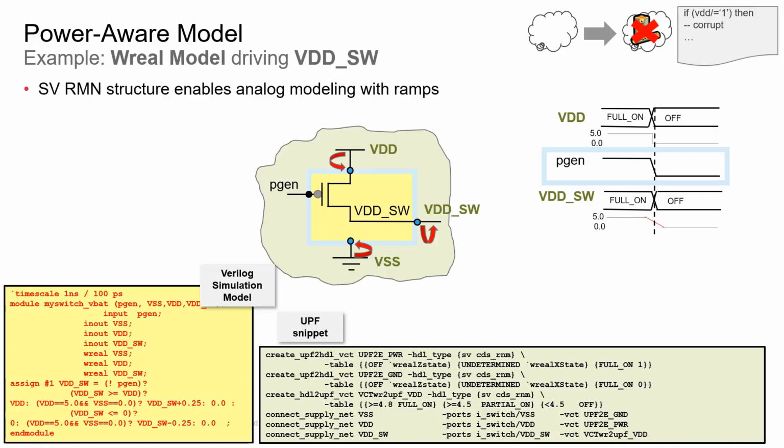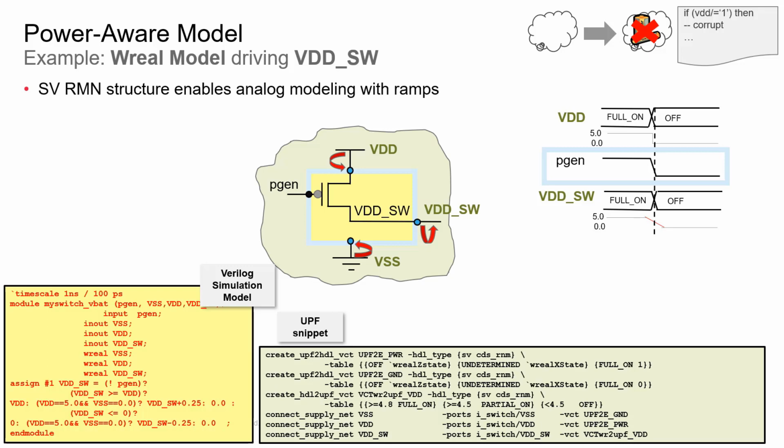So if I come back to my example, I still want to apply my switch in real number modeling. Here, this is really a basic example where I've just modeled a slope in both directions. I will create the couple of VCT tables, as you can see. I've got my power to map from a VDD to the VDD of the analog block. I've got the supply to move, the VCT to move from my ground to the ground pin of my analog block. And same thing for the VDD in the other sense, to map for the VDD_SW.